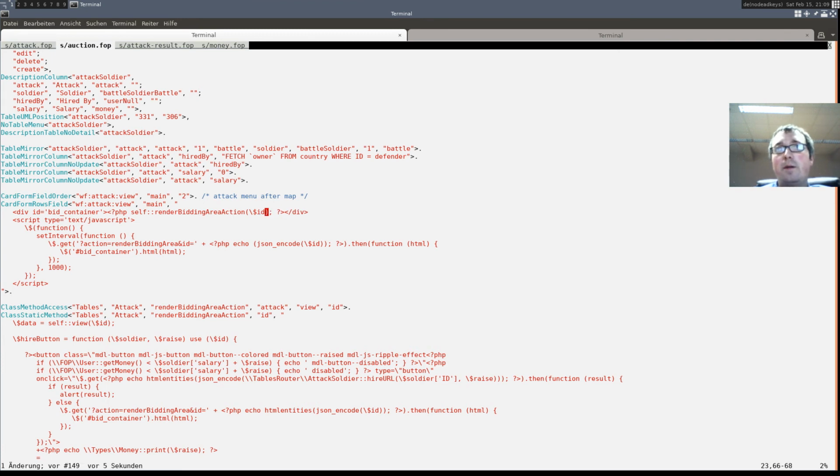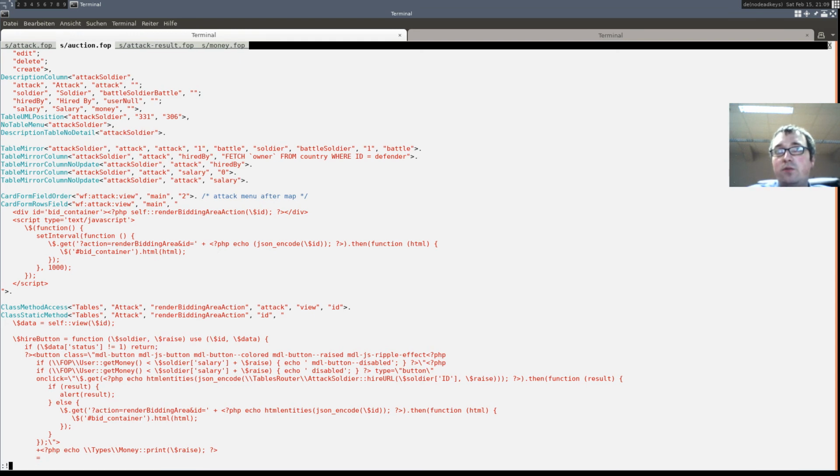Okay, use ID and also data, because in data we have our attack data. And whenever we want to render a bid button, if data, which is our attack, status is not 1, return.